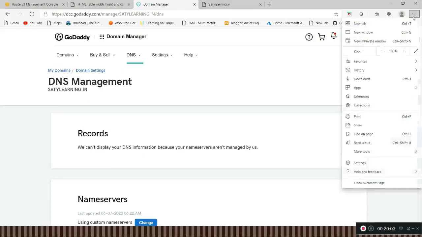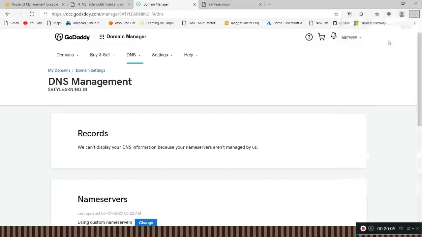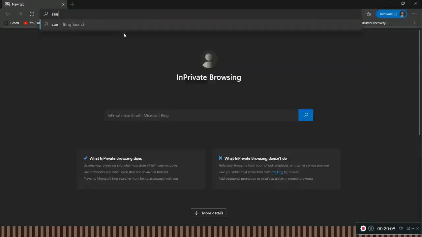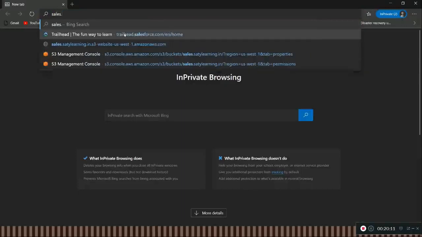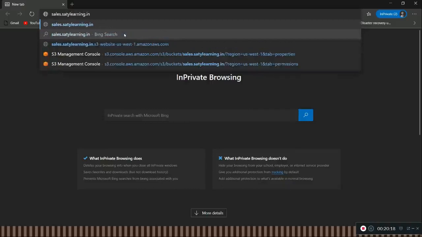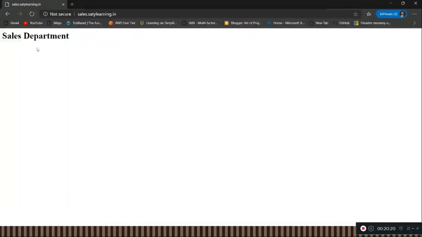So I am creating one new private window, sales dot in. See, now we are able to open our HTML file with the subdomain.